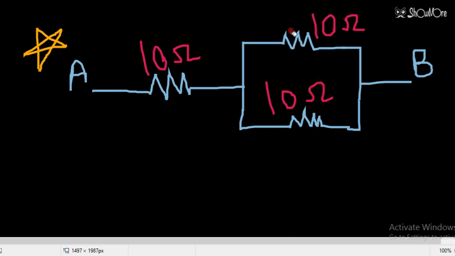So students, how to attempt this question? Now see what we will do. We will connect a battery here. You know it very well. Whenever we have to find the resistance between 2 points,